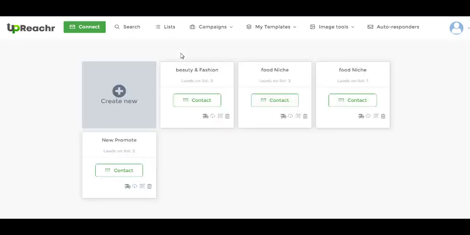That's why you see under beauty and fashion, we now have 5 contacts on our list. What can we do? If you look at the little icon here, you can migrate it to your autoresponder. If you've already connected your autoresponder, you could also export leads as a CSV file. You could also enter to edit it, and you could choose to discard it if you don't want to work